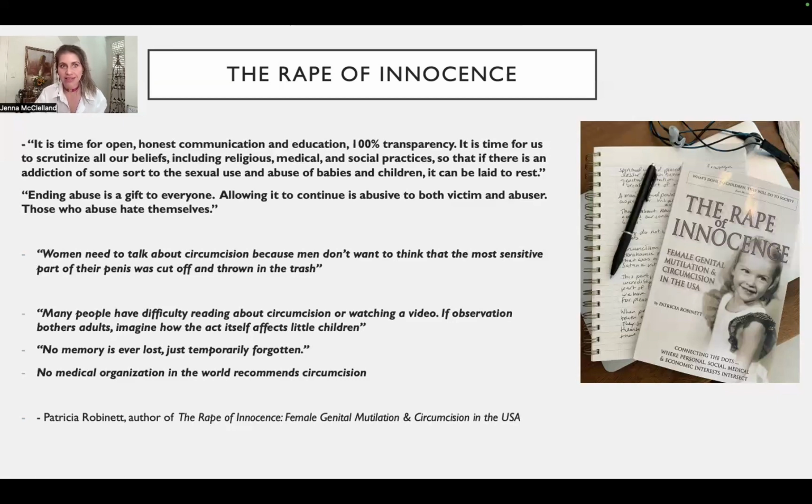Because I can trace that shame that I felt, and I have that perspective. So if we could just maybe choose, because to me, that was just a stranger. Although he's the family doctor, he's a stranger to a child. Let's just consider that. I have a vagina. If you have a vagina, if you had a baby, you know what a vagina looks like. If you've seen a penis,